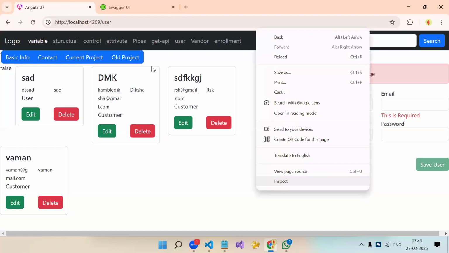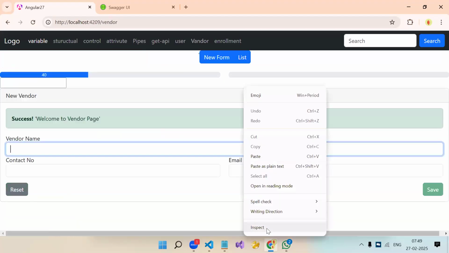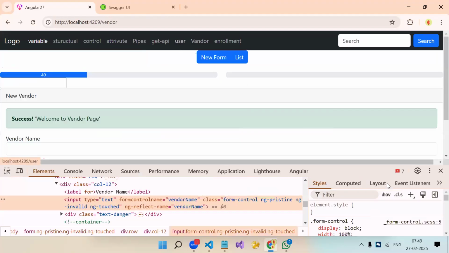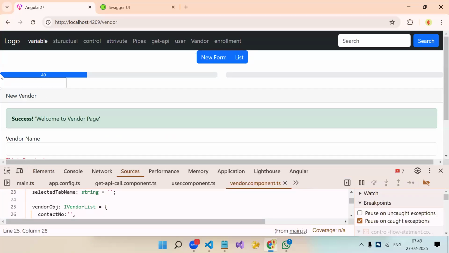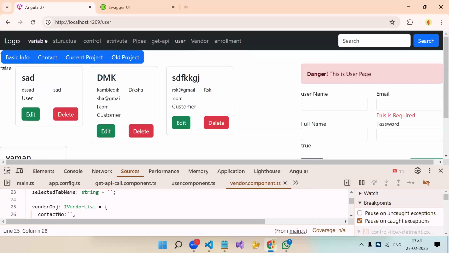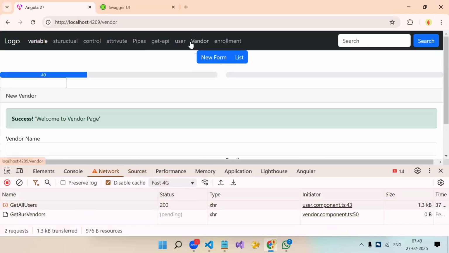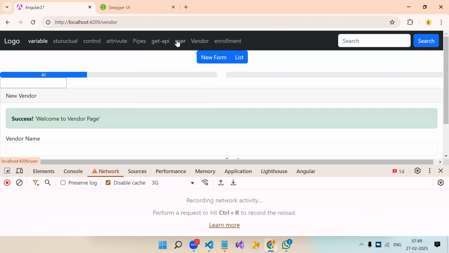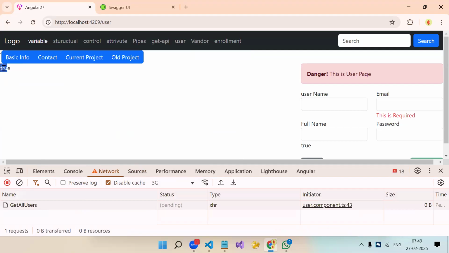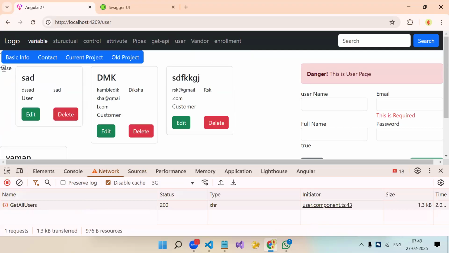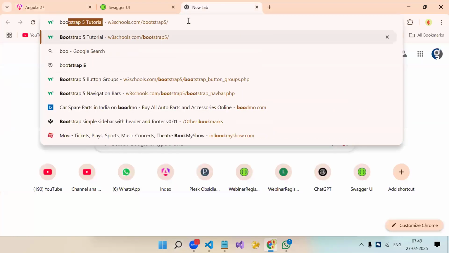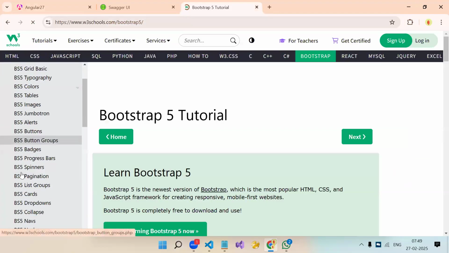I think we have to pause. Now see, pay attention to that property over here. Once I navigate, see, oh, we got the data quickly. Okay, fast 3G we did. Wait. Once we navigate to the user, see, by default it is true, and once we get the API response, then it became false. Understood? Yes. Now we can make use of a Bootstrap loader, or we can put an image also.